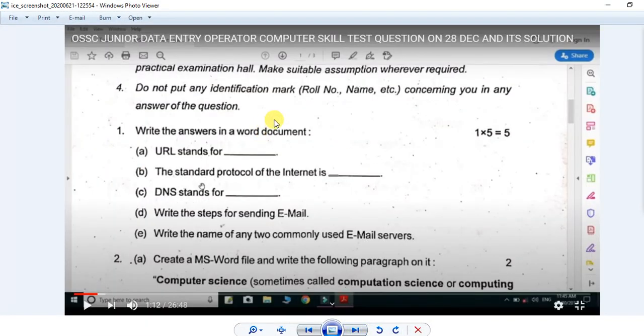So the first question: write the answer in a Word document. Definitely they will provide you this hard copy and you have to write these things in a Word document.